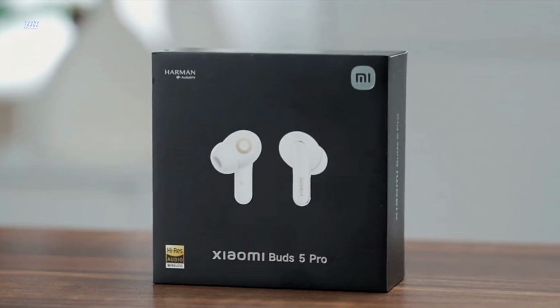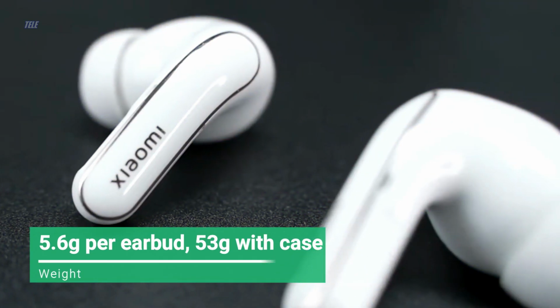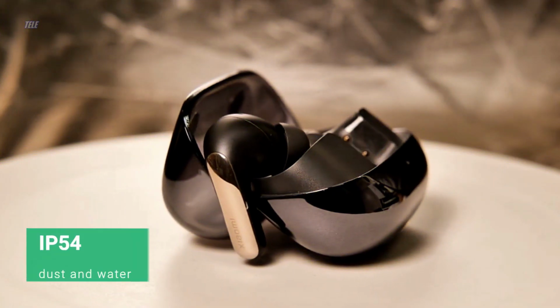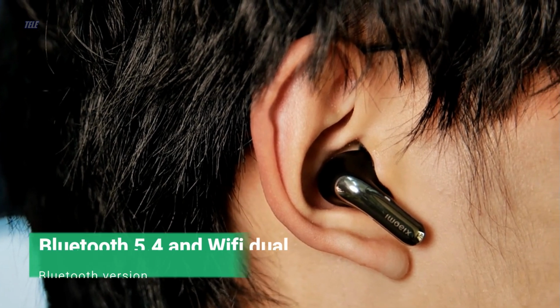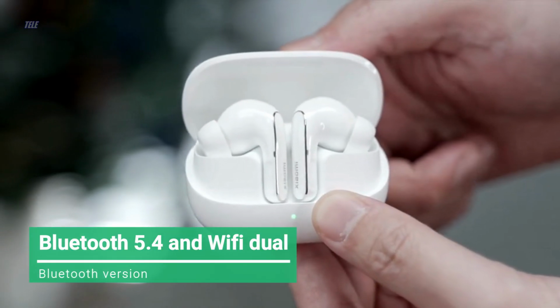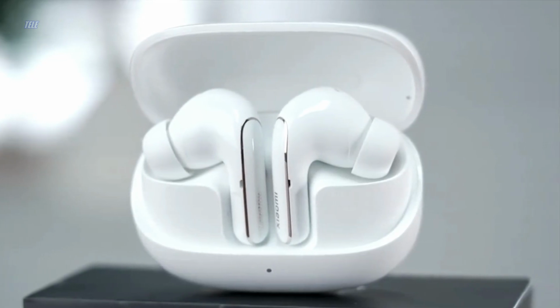The Xiaomi Buds 5 Pro feature a lightweight half-in-ear design, with each earbud weighing just 5.6 grams. They are IP54 rated for dust and water resistance, ensuring durability for daily use. The Xiaomi Buds 5 Pro and Buds 5 Pro Wi-Fi offer an enhanced audio experience with Snapdragon sound and Qualcomm